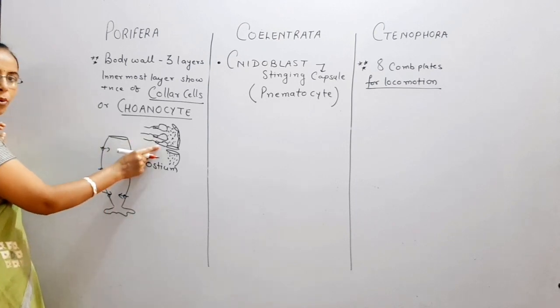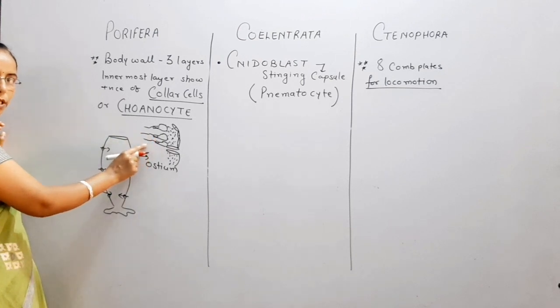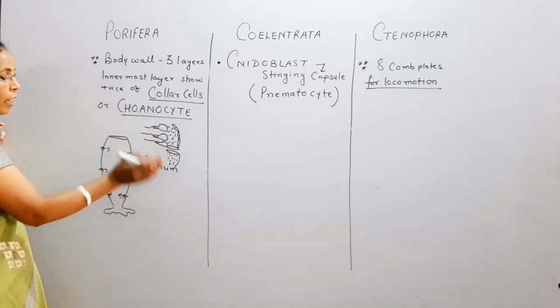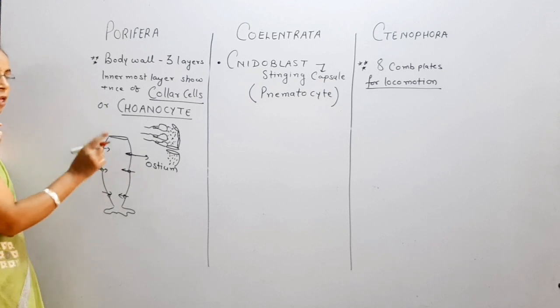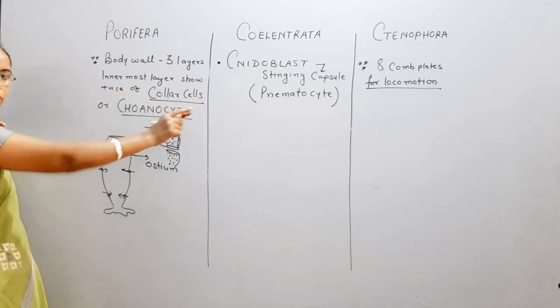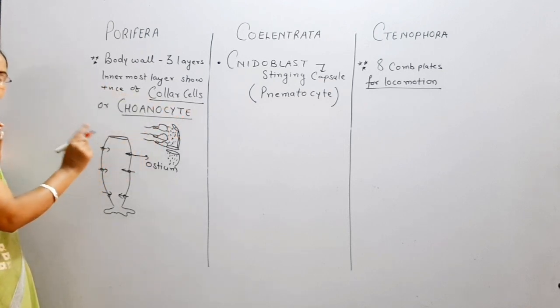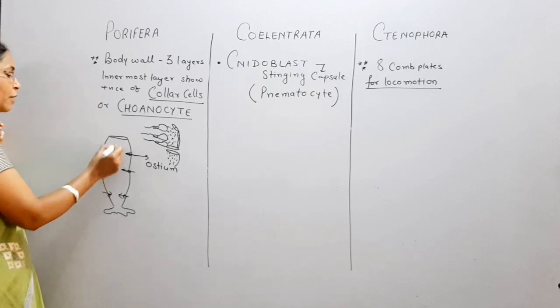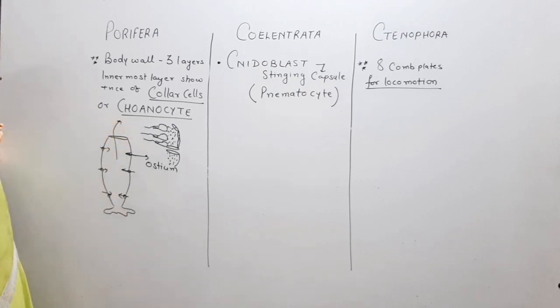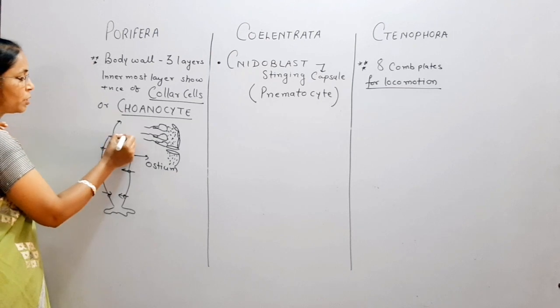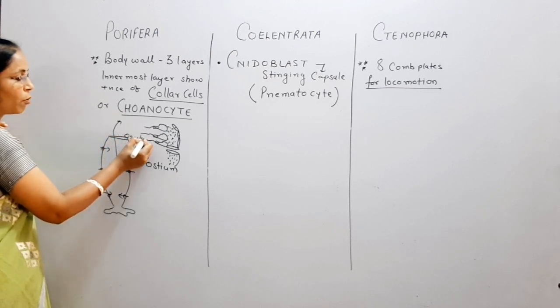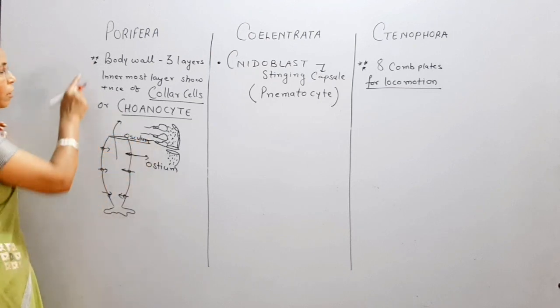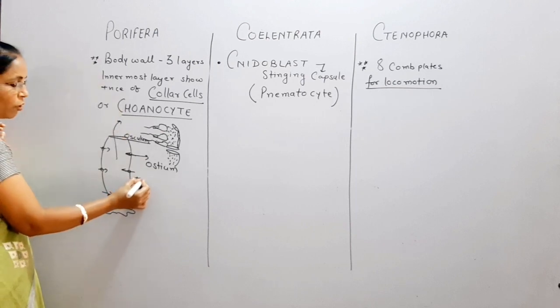The choanocyte cells of the spongocoel absorb the respiratory gas oxygen and utilize the food, and the excretory waste is ammonia. Again you remember they are aquatic, so they are ammonotelic, so ammonia is the main excretory waste. That excretory waste as well as excurrent water is given off from this single pore. This single pore is called the osculum. So again, for porifera you remember.